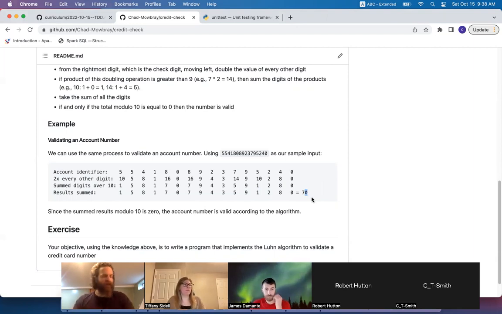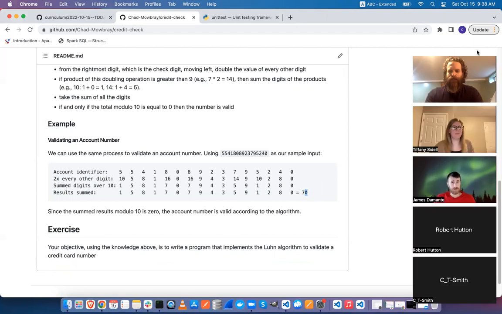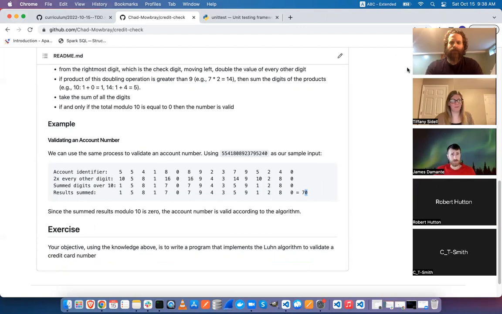How many of you solved this? For those of you who solved it, how many solved it with more than one function? Yeah, so I would say that's fine. If it works, it's fine, but that's not going to give you a lot of